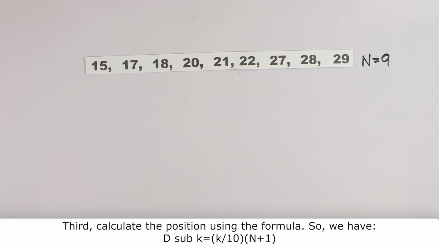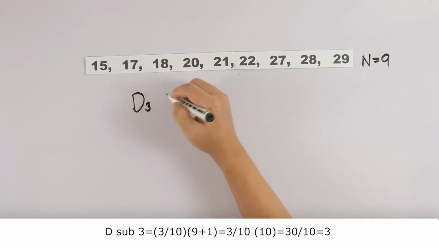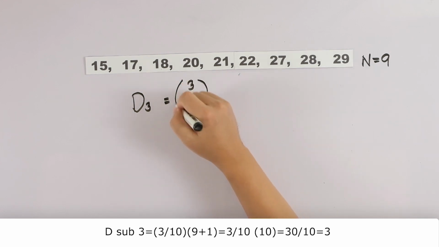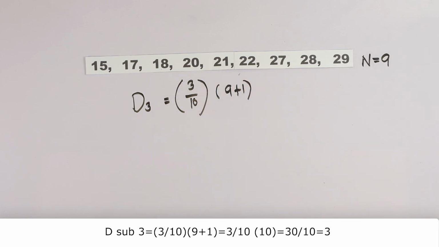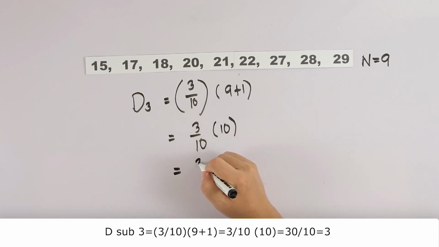So the third part is to calculate the position using the formula. So we are going to find the third decile. So we can have D sub 3 is equal to 3 over 10 times the quantity of 9 plus 1. That will be equal to, so we have 3 over 10 times 10. So that will be 30 over 10, which is equal to